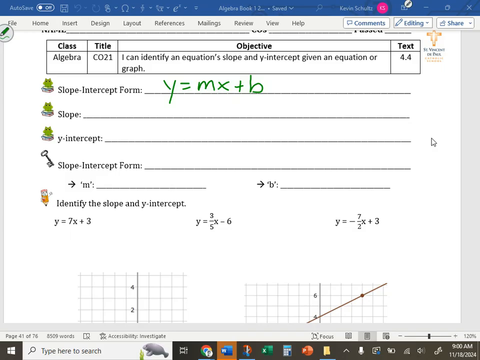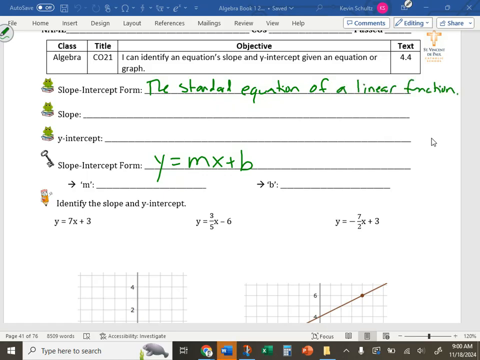Okay, here we go. So the slope. Oh, I wrote this in the wrong spot. This goes down here. Y equals mx plus b. We don't have time to sing the song. Slope-intercept form is the standard equation. This is the definition, not the actual form. The standard equation of a linear